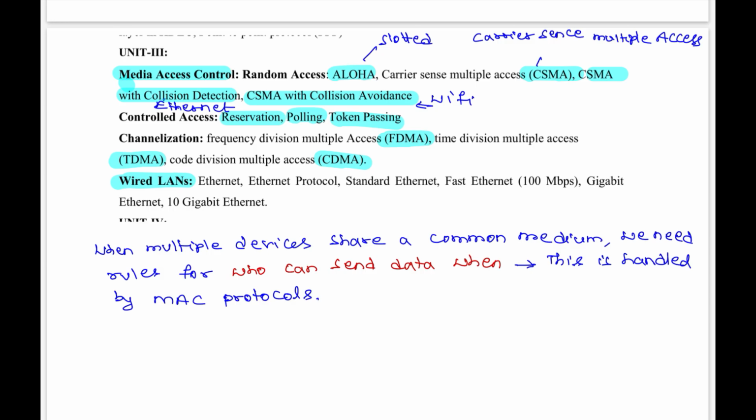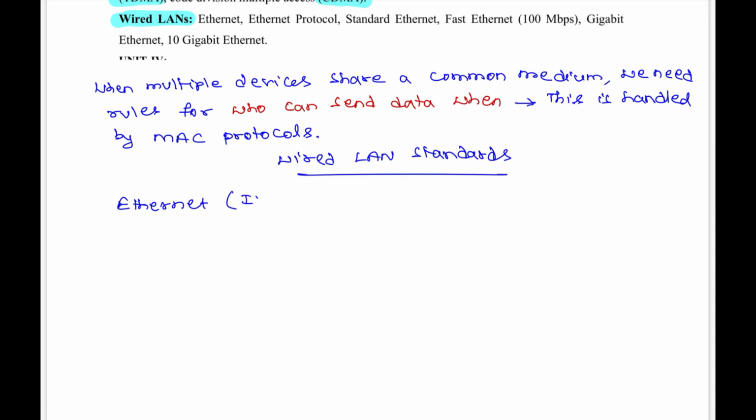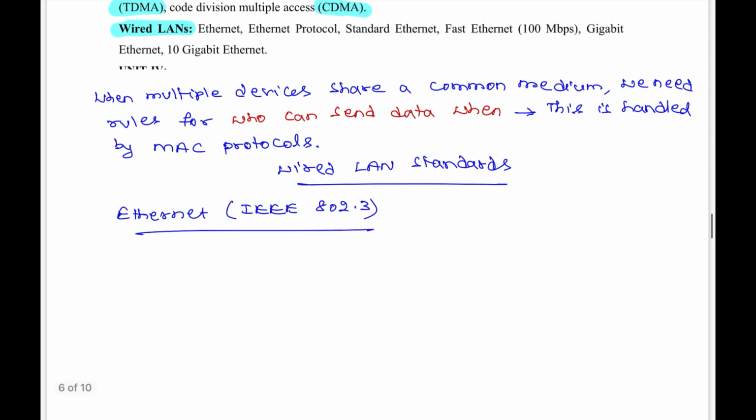Wired LAN standards in the sense Ethernet, it is called IEEE 802.3. So in this we have standard Ethernet,